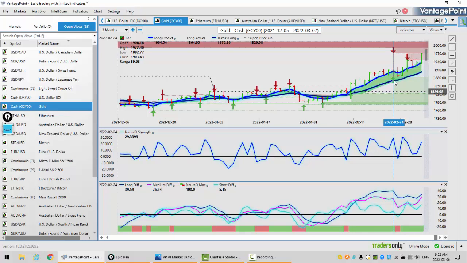So again, we're not looking at picking tops here, guys. We're identifying what we can see, which is the three lower bottoms to the current price of gold. Now, when we look at the S&P 500, again,